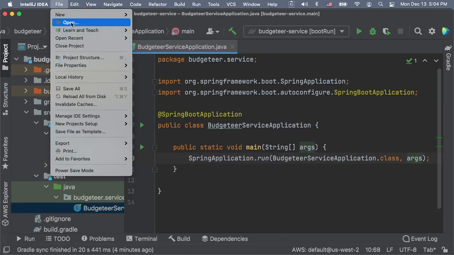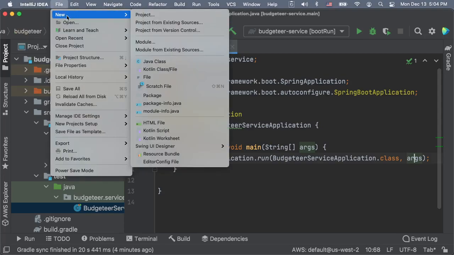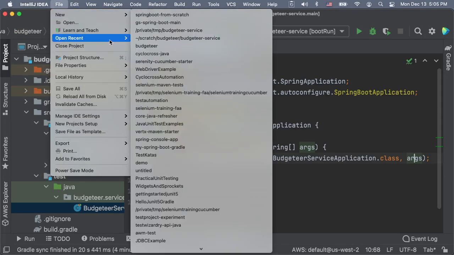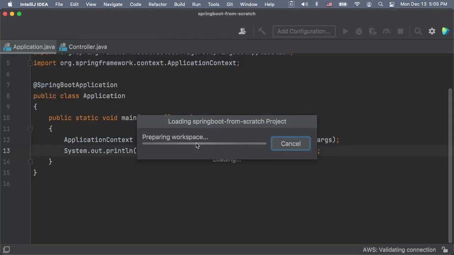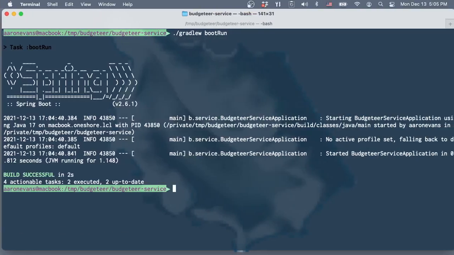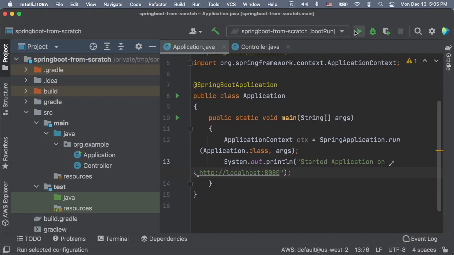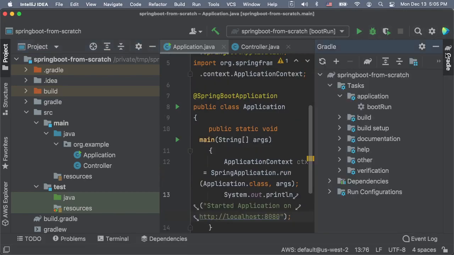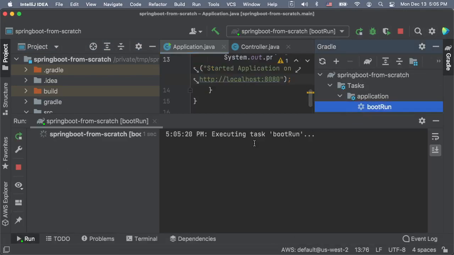So I'm going to file, open recent. Yeah, I'm going to check out this Spring Boot from scratch in a new window. I'm going to move that over here so we can flip back and forth. All right, now this one, theoretically, we click on Gradle, we go to Application, bootRun, run it, and